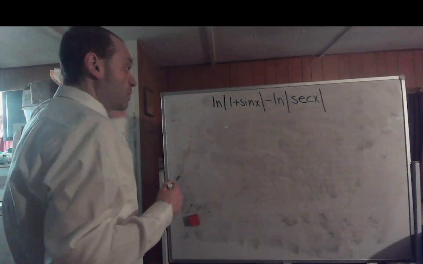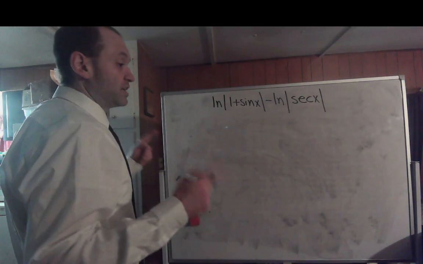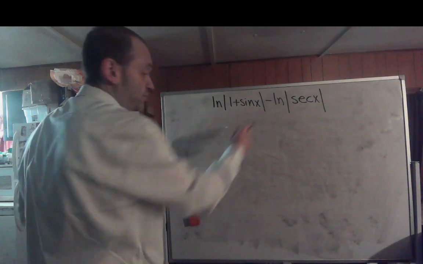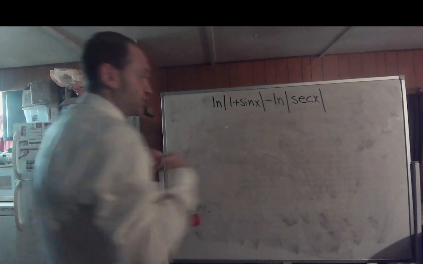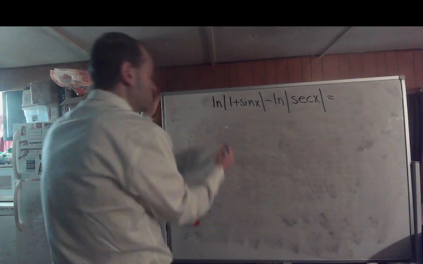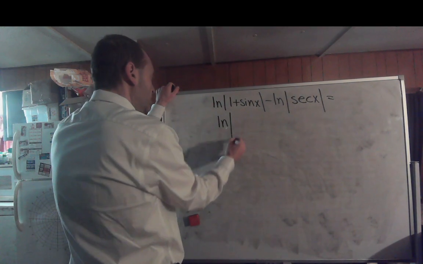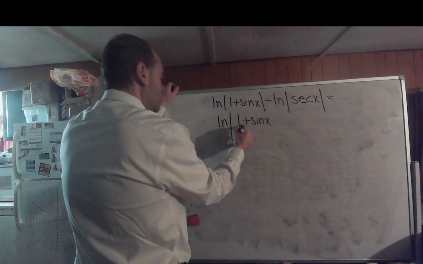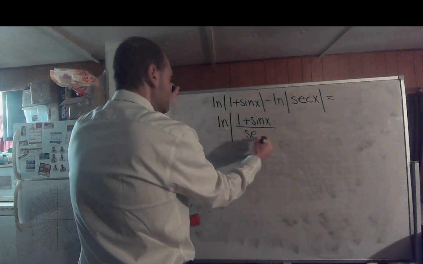Alright, so we have a difference rule which turns this into a quotient rule for logs. So this would be the natural log of 1 plus the sine of x over the secant of x,